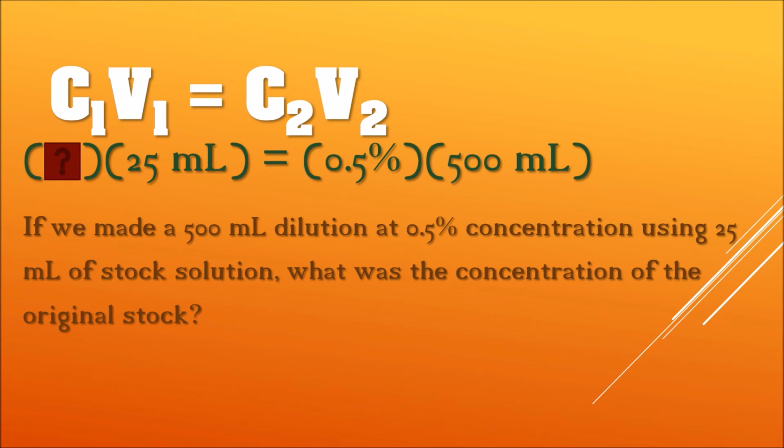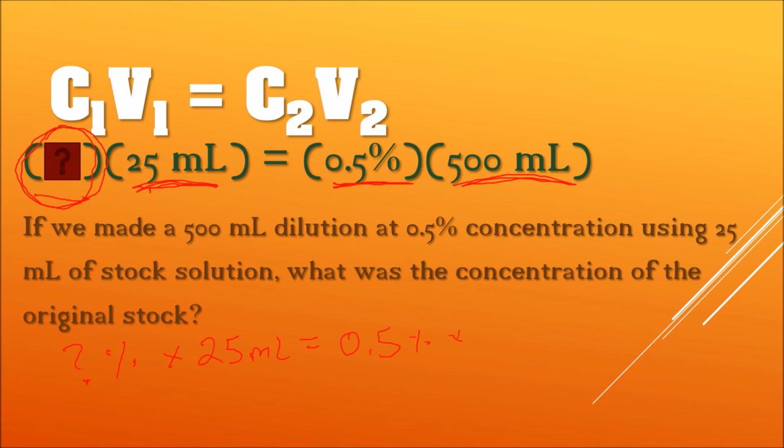So let's try this one. If we made a 500 mL dilution at 0.5% concentration using 25 mL of the stock solution, what was the concentration of the original stock? So we're looking for something else here, but we can still use this formula just like we did for finding the volume. So we have: we don't know percent times 25 mL